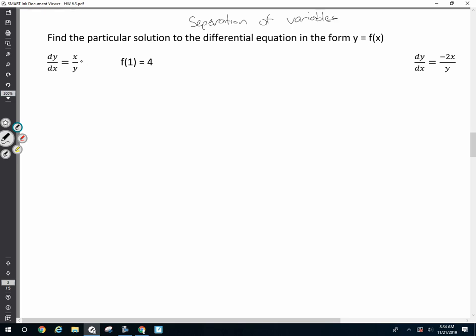We need to algebraically get your y's with your dy and your x's with your dx. In this situation, I can multiply by y and multiply by dx. After getting your y's with your dy and your x's with your dx, you'll take the antiderivative of both sides with respect to the variable. 1 half y squared equals 1 half x squared. Now recall,